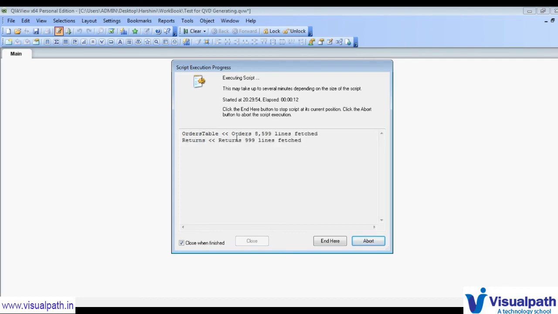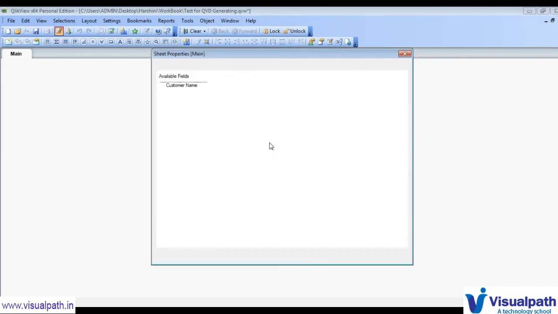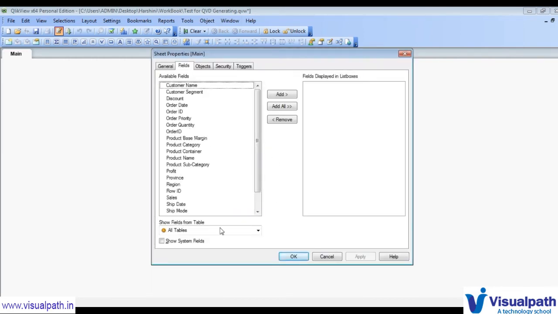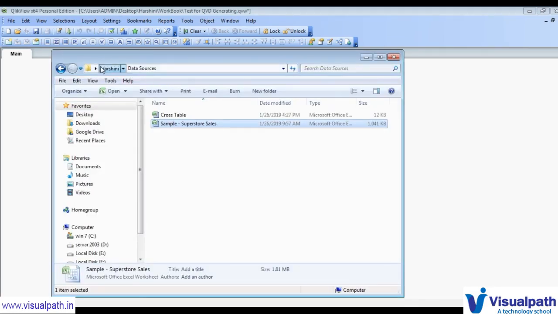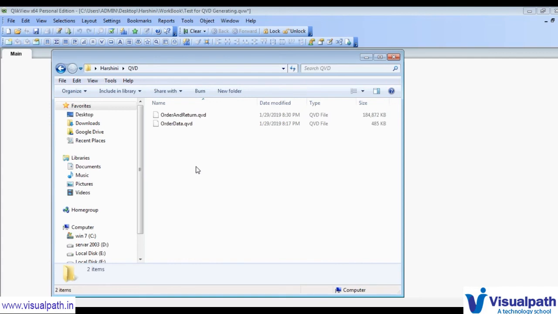Okay, so both the tables' data has been reloaded, and all the data has come here. If I go to my data sources and go to QVD, the order and return QVD has been created here.